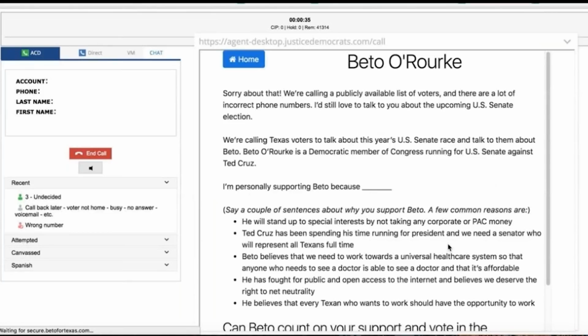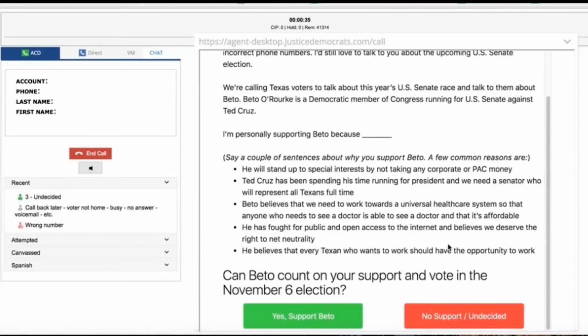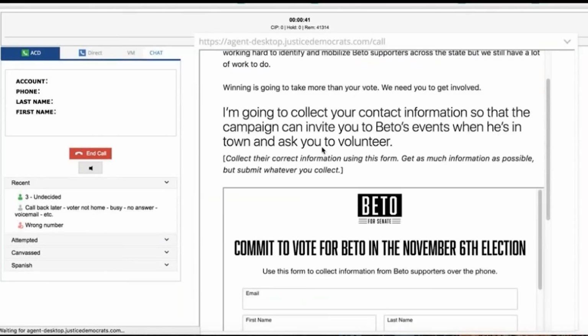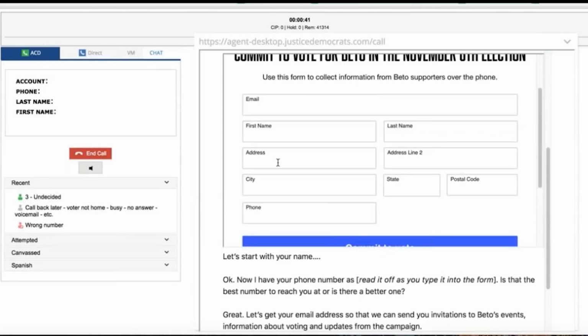At the end, the volunteer asked the most important question of the campaign: can Beto count on your support and your vote this November 6th? The person on the line said yes. And once you click on Strong Beto, you will get a commit to vote form from the voter. You will ask for their name, their address, their email, and confirm their phone number. Once you get that information, before you click on Commit to Vote